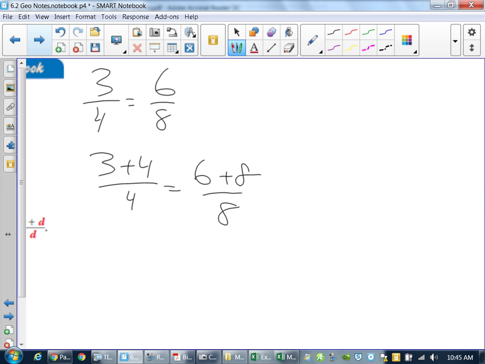Because what's 3 plus 4? 7. And what's 6 plus 8? 14. If you look at that, what does 14 over 8 simplify to be? 7/4. It's double. Okay. So the three properties that we basically wind up looking at is that you can switch them on diagonals, you can flip them,